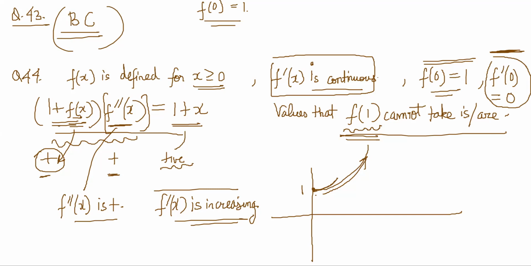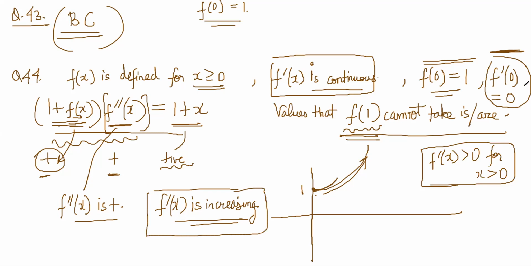So now we know some stuff. So basically what will happen now is that f'(x) is greater than 0 for x greater than 0. This we have figured out from the concave up nature, and because f'(x) is increasing and the initial value is 0. So now, let's look at it, we have to find out finally the value of f(1), right? We have to find some sense of that.